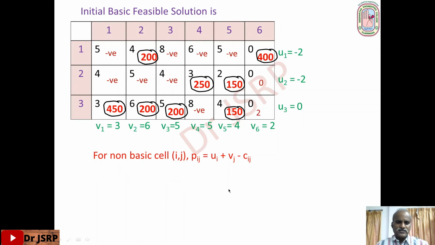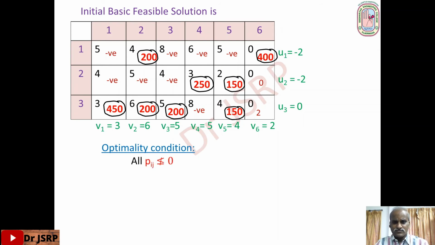So this is positive. If the scalar is positive, we have to write that positive number, since we consider positive values. Okay. Right. Now verify the optimality condition. After finding the scalars for all non-basic cells, we verify the optimality condition. What is the optimality condition? If all Pij are less than or equal to 0, then the present solution is an optimal solution. So here observe the scalars. One is 0 and another one is positive. All others are negative. So one of the Pij's is not less than 0. So not all Pij are less than or equal to 0. So the optimality condition is not satisfied. So the present solution is not an optimal solution.